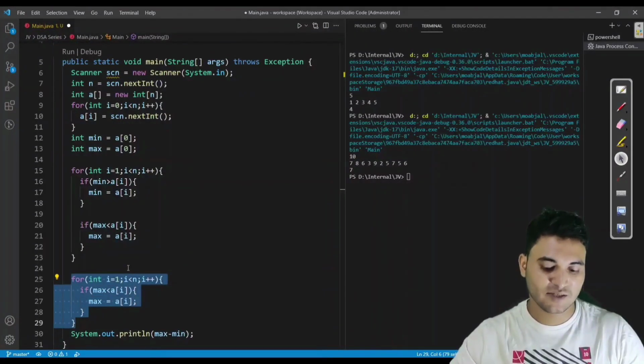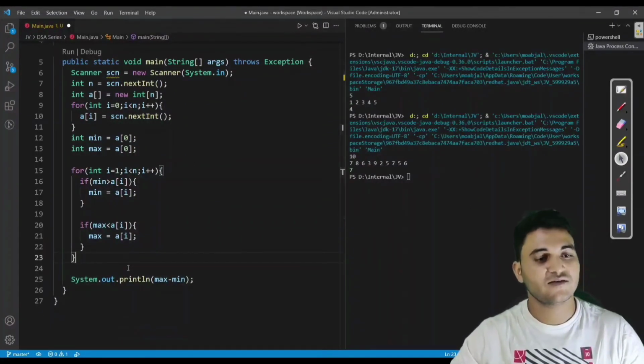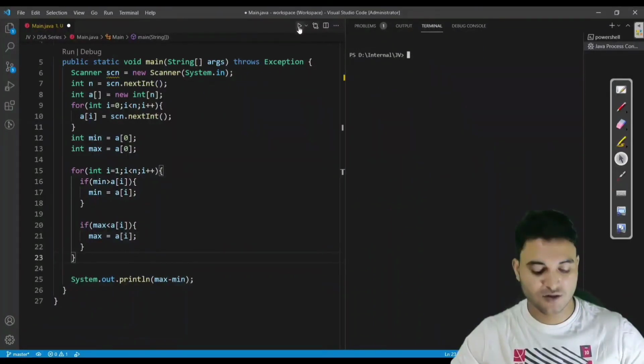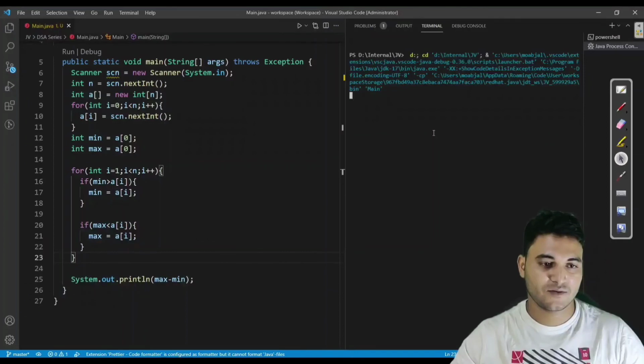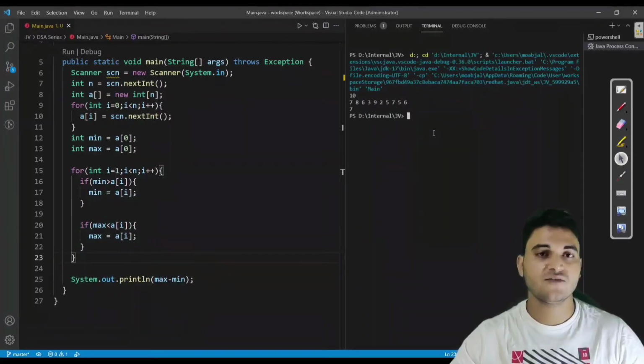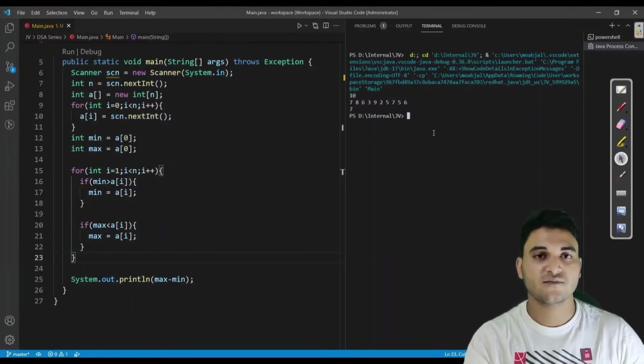So while checking for the minimum, we can check for the maximum also. So this way the program would still work. Let us see. Because we have got our maximum and our minimum also, I am executing this program for the same input. You can see we are still getting 7. That means our program is correct. We have written the perfect code.